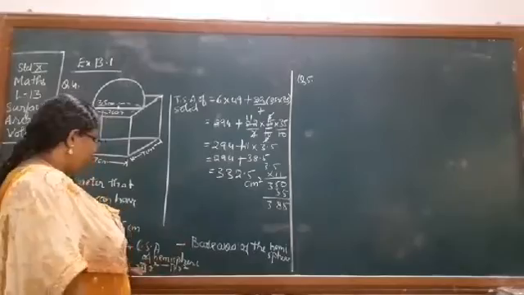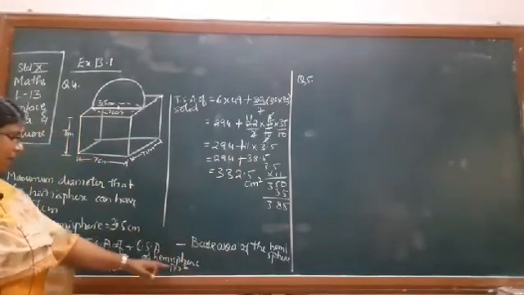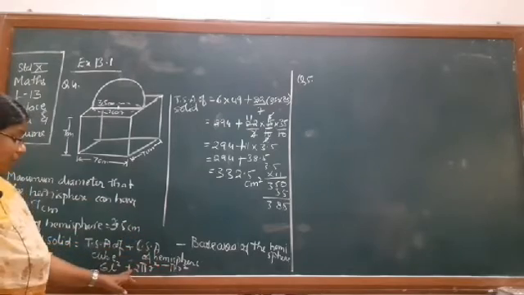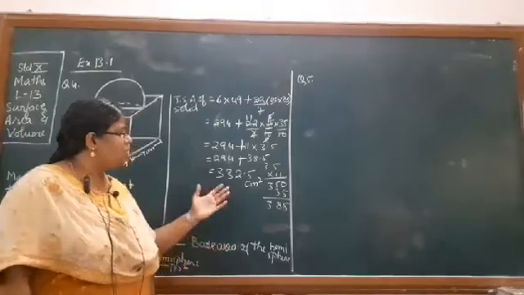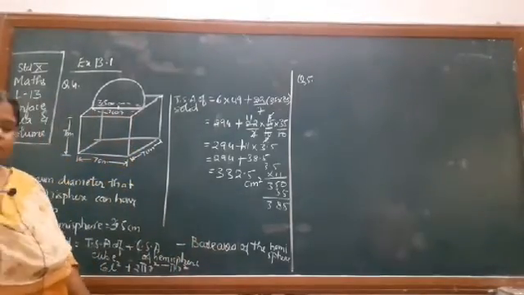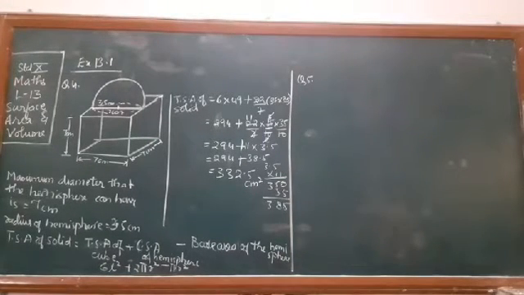square. By mistake I had written minus, so please make it plus, okay, because here 2 pi r square minus pi r square will be plus pi r square, so it is plus pi r square. So you get your answer as 332.5, okay. Now we come to the next question.